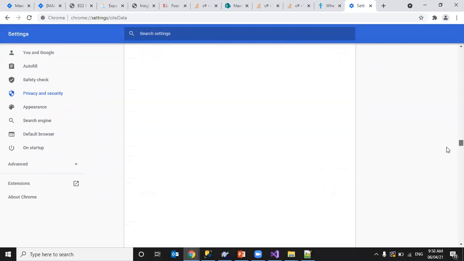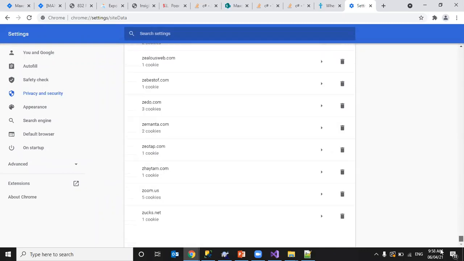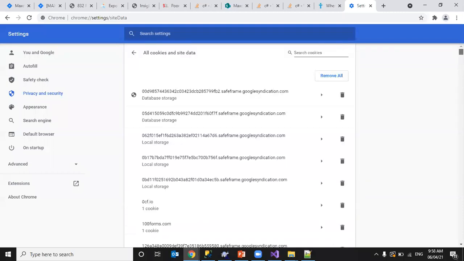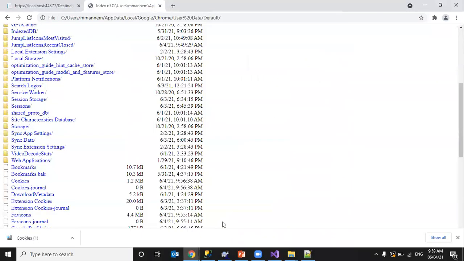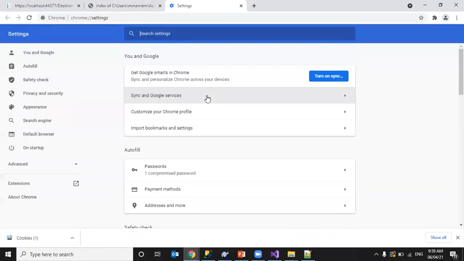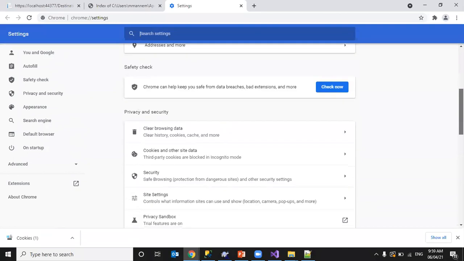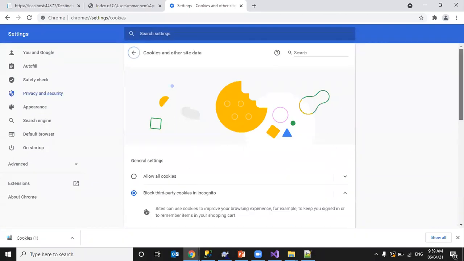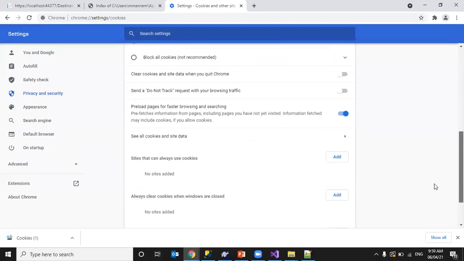Just check the different cookies in your website, in your browser window. Go to settings in Chrome, and in Privacy and security you can find that.